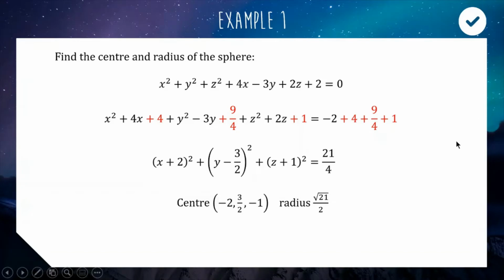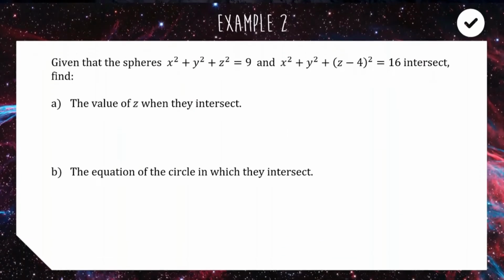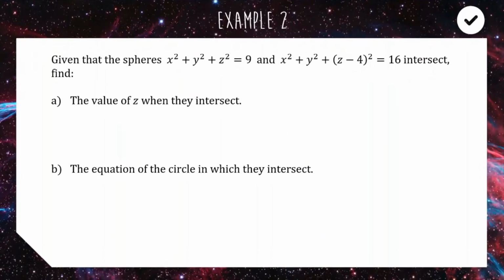Okay, so there's our answer, pretty straightforward. Next example is a little bit trickier. Given these two spheres, we have a sphere with radius 3, center at the origin, 0, 0, 0. And we have a sphere with radius 4, center at 0, 0, 4. Given that these two spheres overlap and intersect, we need to find the values for z where they